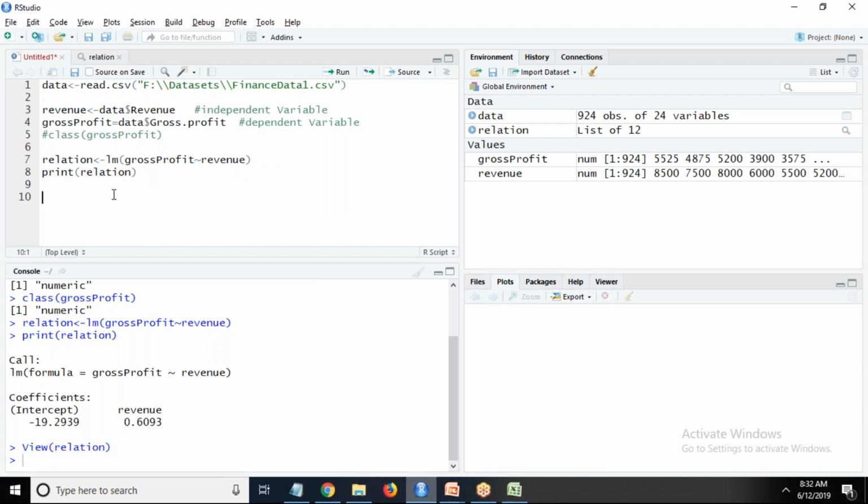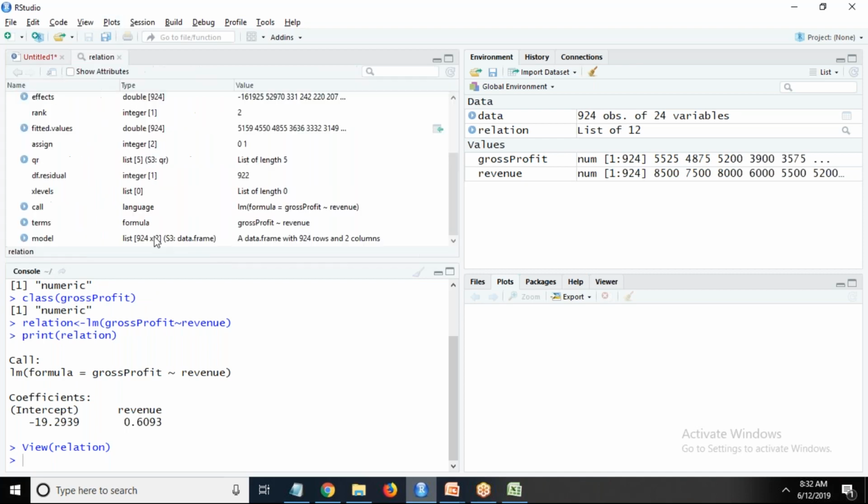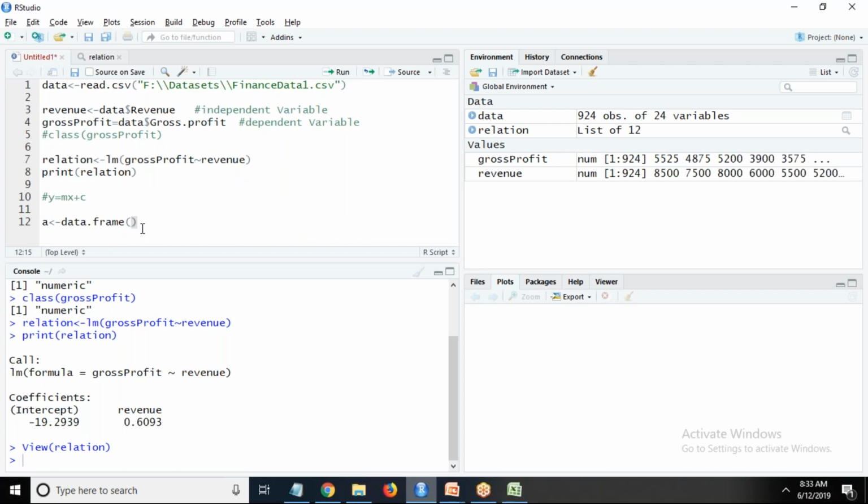Now I want to make a prediction. I got slope and intercept. As I've told you, the formula is y is equal to mx plus c. We got x, we got m, we got c. Now we need to make a predicted value for y. So I just write a and data dot frame. Why am I passing a data dot frame? Because as you can see, the value gets stored in the form of a data frame. So that's why we have to typecast it, and the value we are passing would be stored as a data frame. And I would like to calculate the gross profit if my revenue is